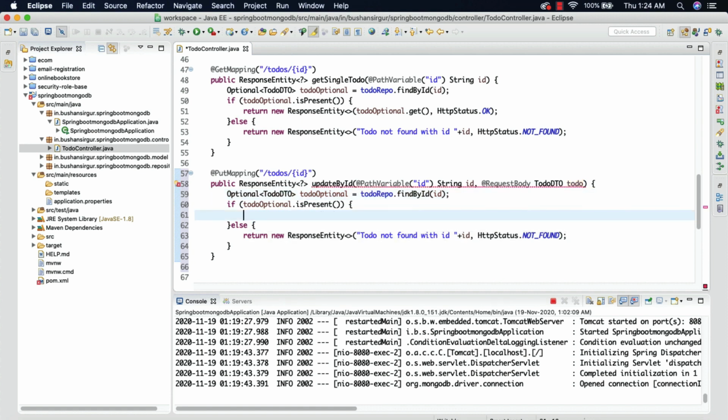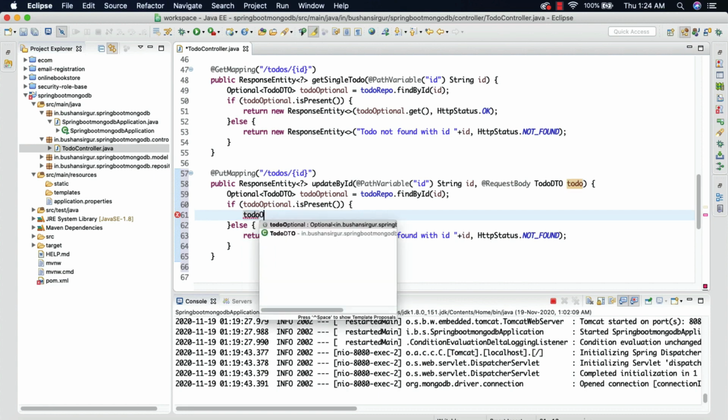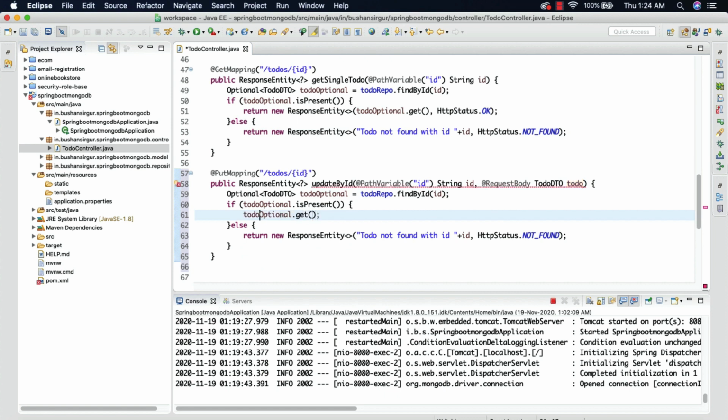So todoOptional.get, and we're going to store that in a variable. I'm going to call this ToDoDTO todoToSave,